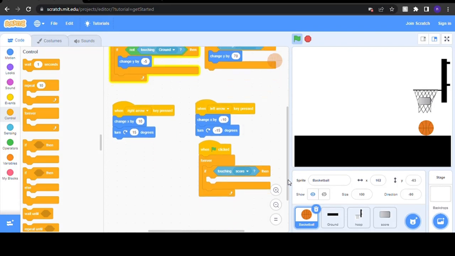Let's scroll it down, we have a lot of code. When flag is clicked, forever, if touching score, which is this, if touching score,